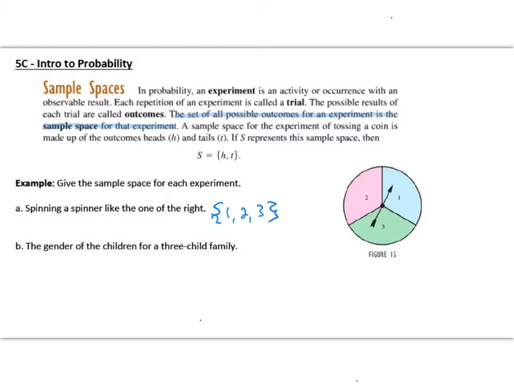And you could also extend this into other things as well, like the gender of the children for a 3-child family. And what we mean by that is you could wind up having a family that has 3 girls. Or they could have 2 girls and a boy. Or they could have a girl and 2 boys. Or it would be all boys. And that doesn't entirely answer the question because it could depend upon if birth order is important here. So if birth order